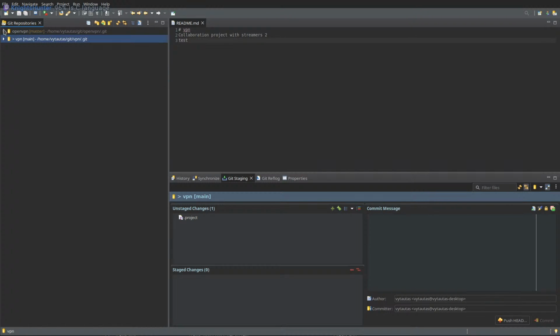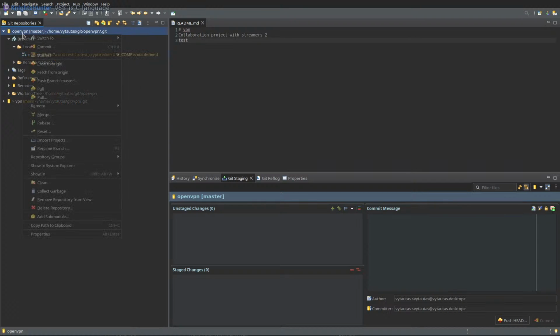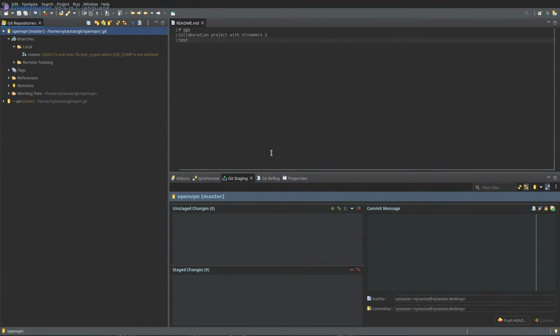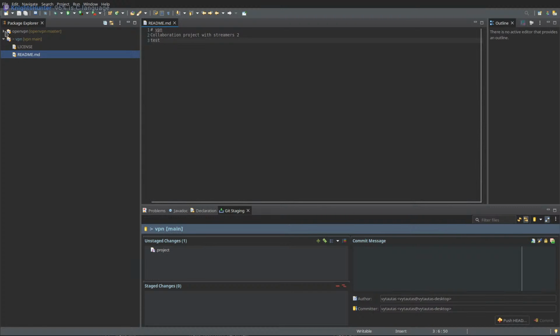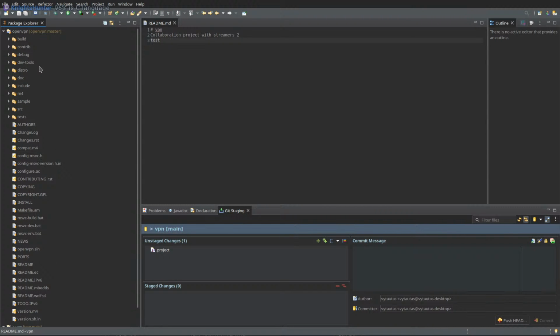Right. So we have OpenVPN. Branches. Wait, how can I do this? Import projects. OpenVPN. Finish. Allegedly this created a full tree of all the stuff that's here.